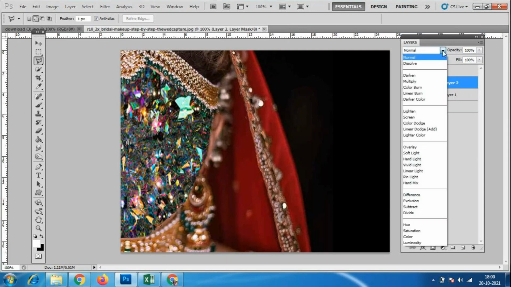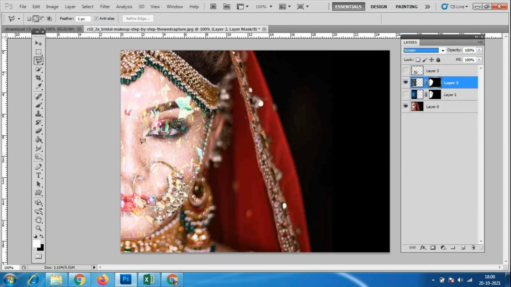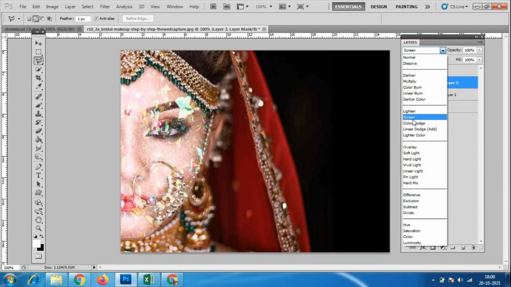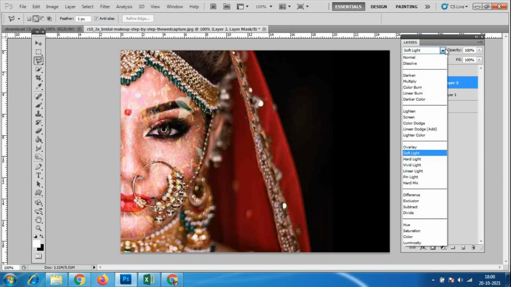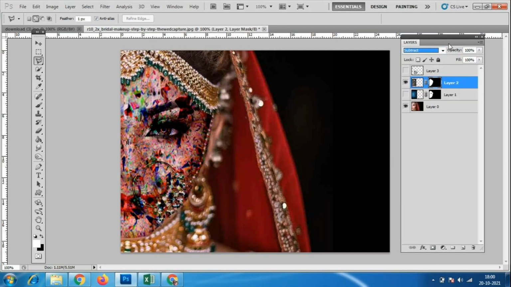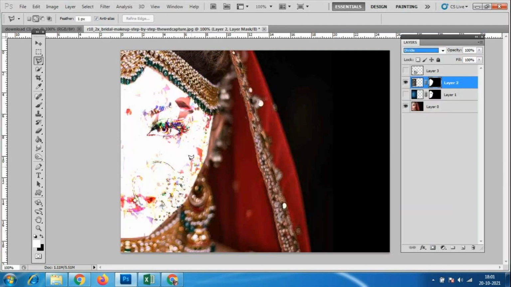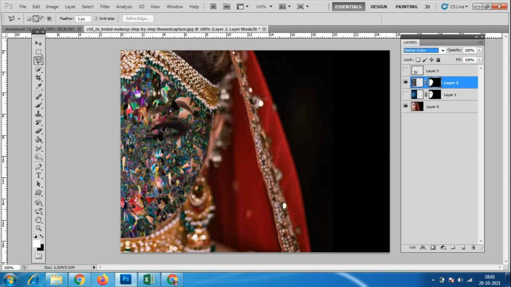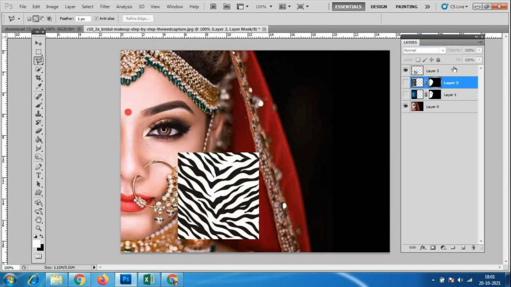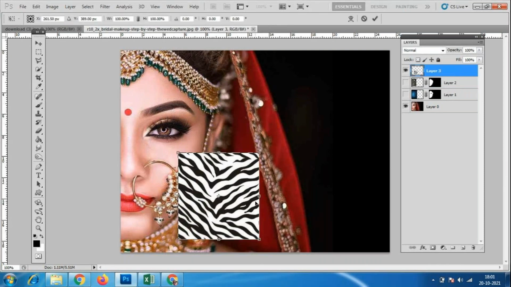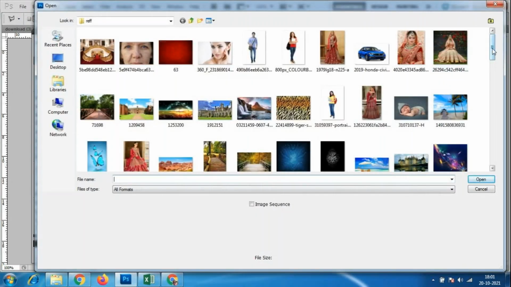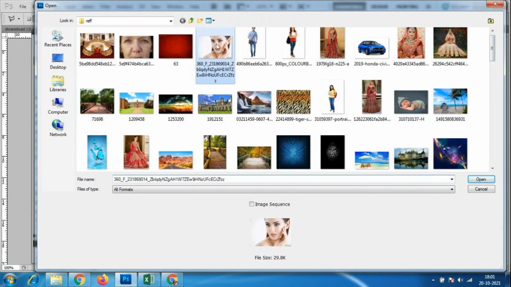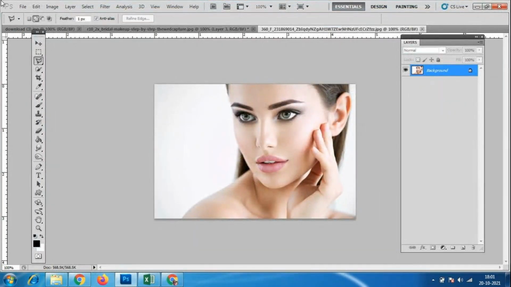Next, go to this normal option. In this you have to do the changes. Here we have this screen option, we have this vivid light option, and we have this soft light option. Like that we have multiple options. Subtract options, look here like this, we have multiple options. You have to give multiple things over there. Like this, again the same thing with the zebra texture. For this we can take the full face. If I have this full face model, let me check. Yeah, this is the file.